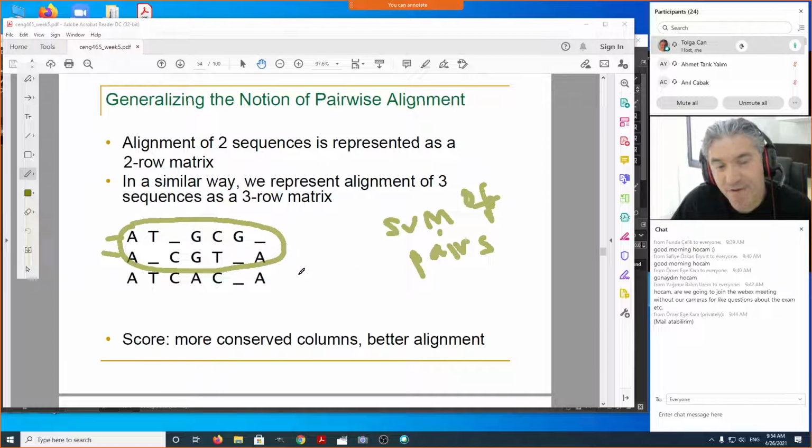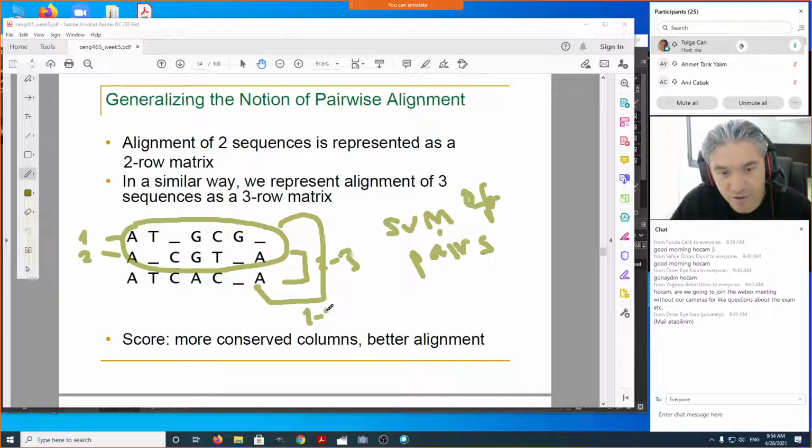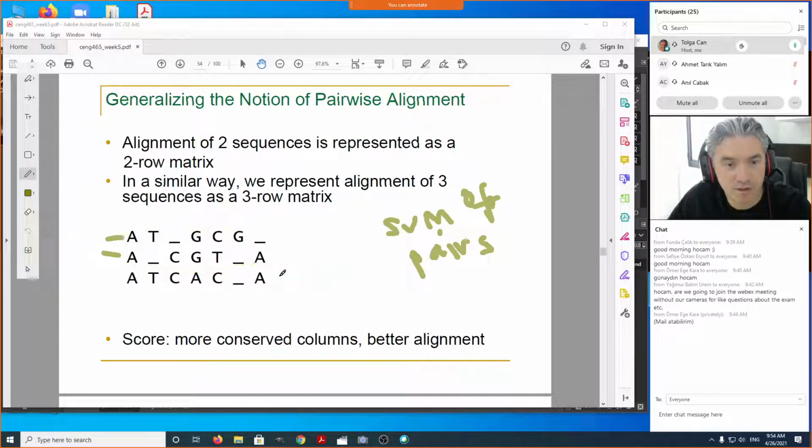So this should be given to us. But after we have the alignment, we can compute the score between the first and second sequence, between the second and third sequence, and also between the first and third sequence. And these are basically pair scores. If we sum up all those pairwise scores, we get the overall score of the multiple sequence alignment. And instead of doing it like that, if we do this column by column, it will give us the exact same thing.